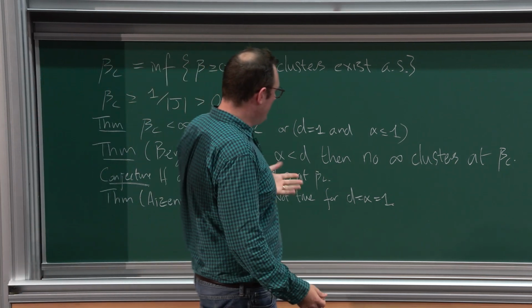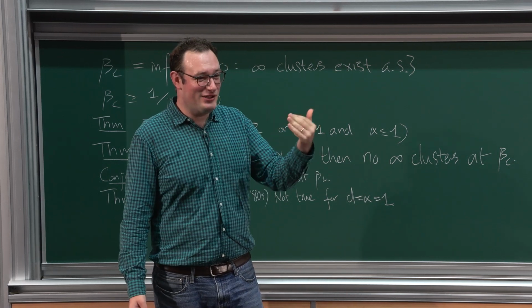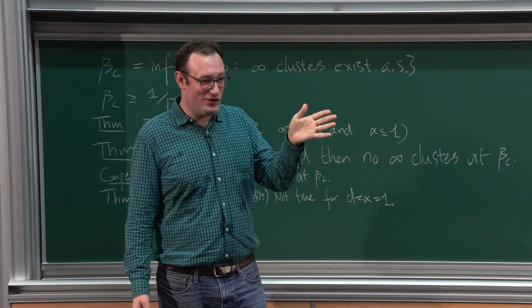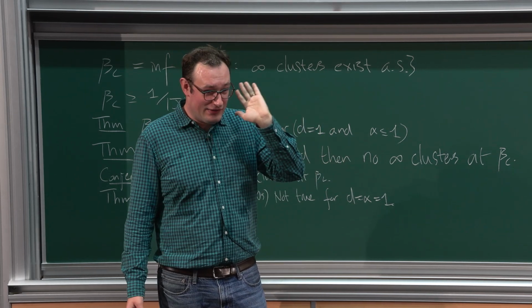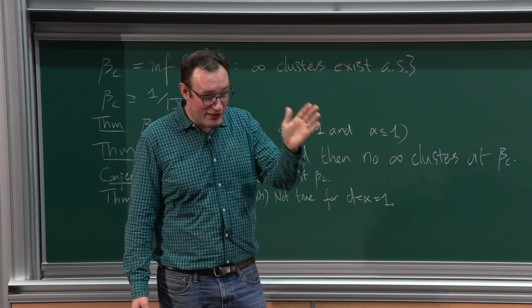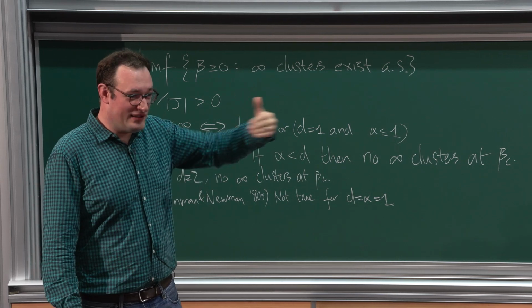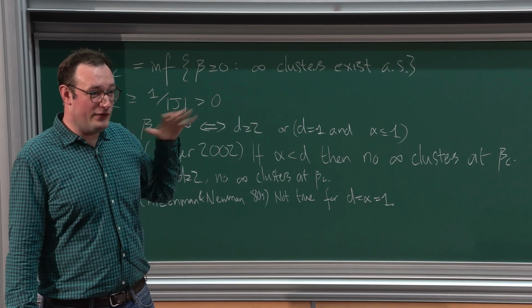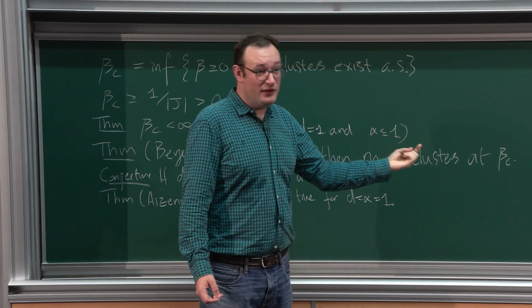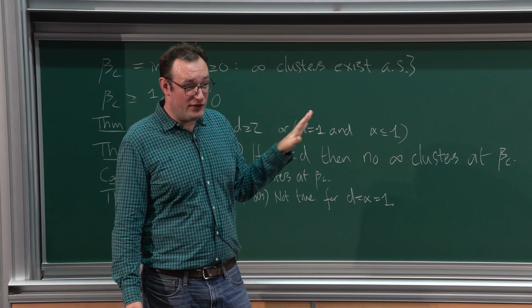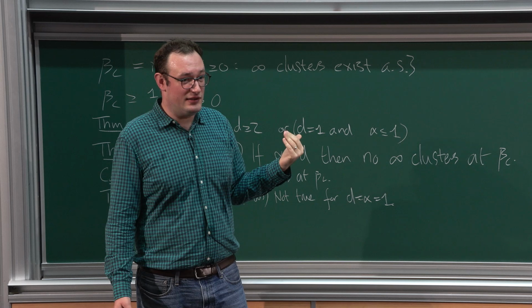I guess one way you can think of this is that this is something about the model at the lower critical dimension, which is the dimension at which you begin to have a phase transition at all. And it's saying for this particular model, at the lower critical dimension, you actually do get a phase transition, but it's a discontinuous phase transition. So this is really the totally opposite end of the spectrum from the high dimensional stuff. And as we'll see, if you're in one dimension but alpha is very close to 1, then you'll have a continuous phase transition, no infinite clusters at criticality, but the exponents will be very large, diverging as you approach alpha equals 1.